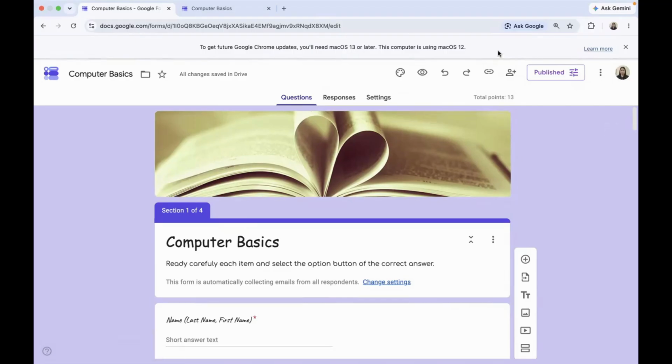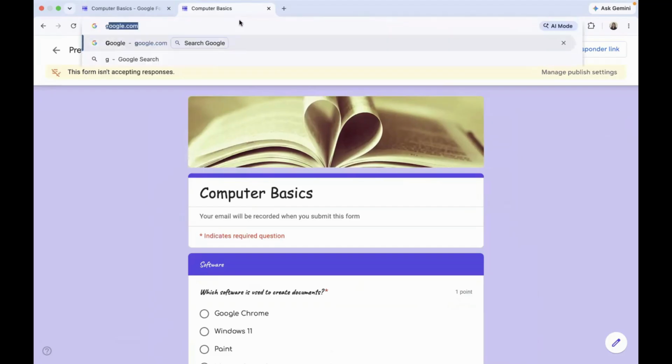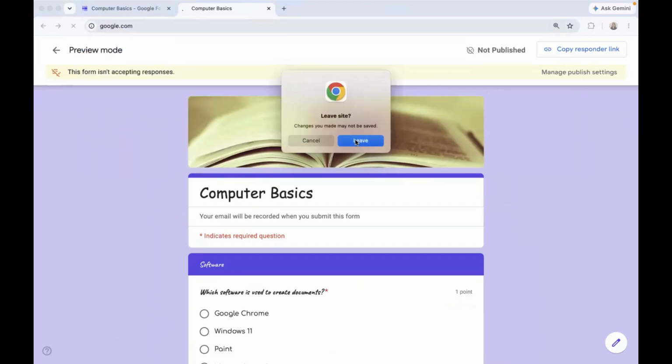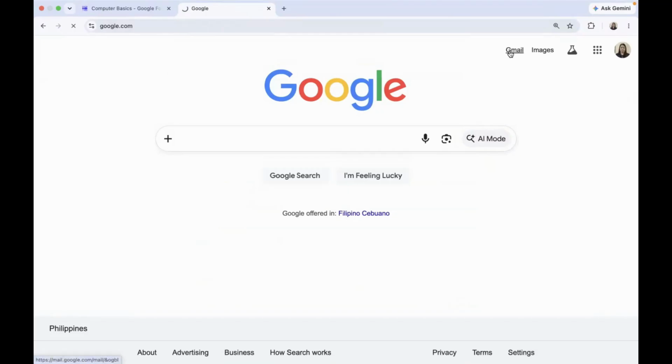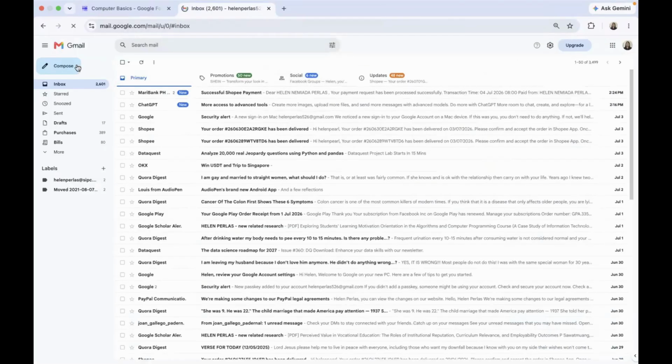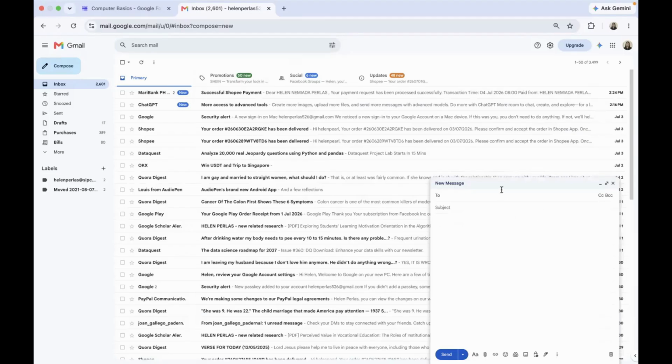Then you can go to your Google account, Gmail account. For example, I want to email my student. I have to go to Gmail and compose an email.